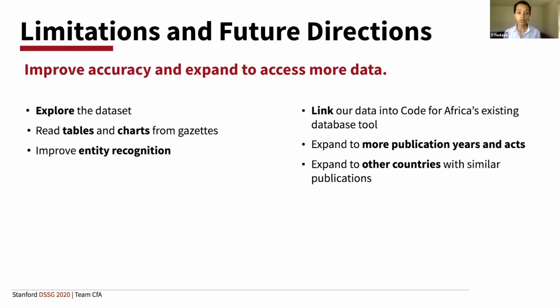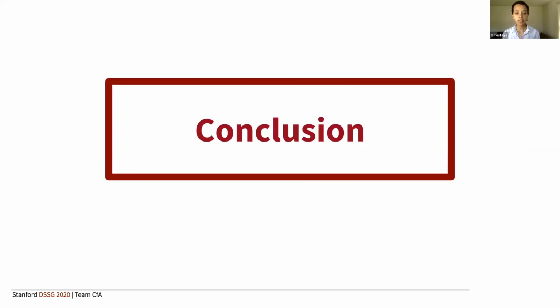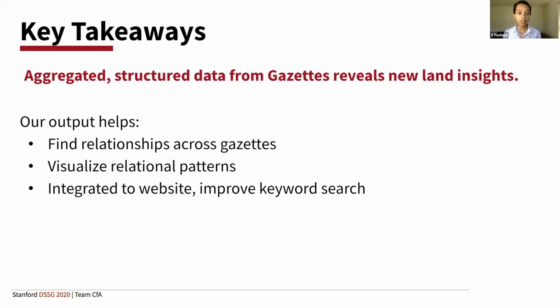The third thing that can be improved is the named entity recognition tool, the spaCy tool that I mentioned earlier. As you've seen, it wrongly identifies certain entities as person, even when they're not people. So that can definitely be improved. Also, there are more things. This can be expanded to more years, more publications, and even other countries. And finally, if it is integrated into the current website that we showed you earlier, we hope it will make the website even better. With all of this said, having seen this entire pipeline, now we can show you a few of the takeaways that we have.